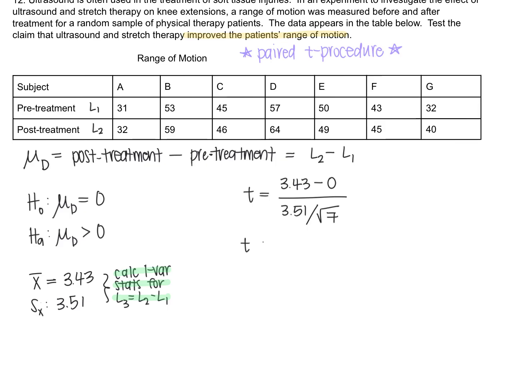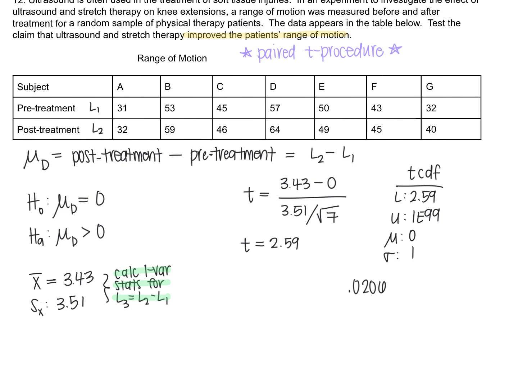That's going to give us a t-test statistic of 2.59. So we go to t-CDF. We have a lower bound of 2.59, an upper bound of 1E99, mean of 0, standard deviation of 1, and we get a p-value of